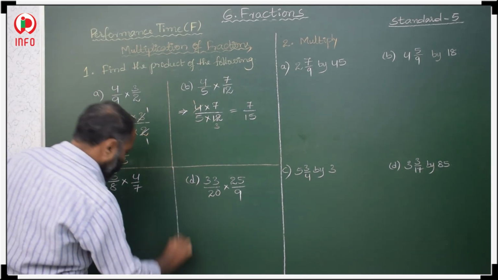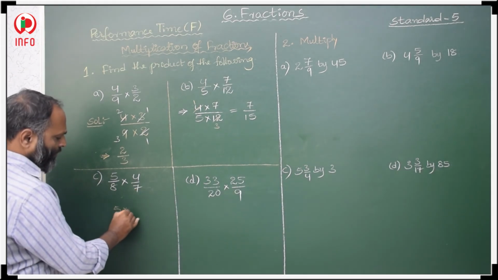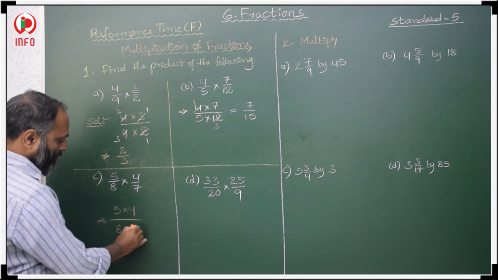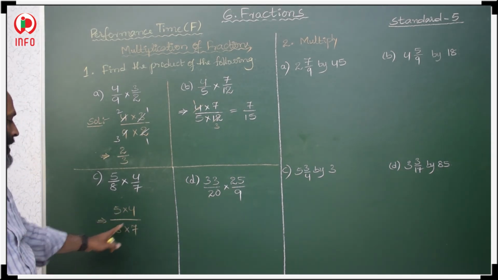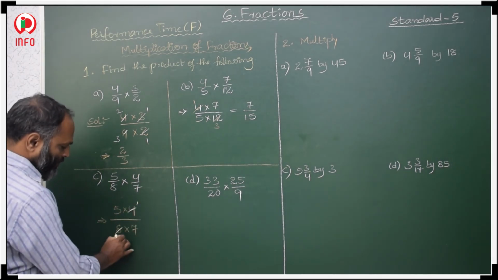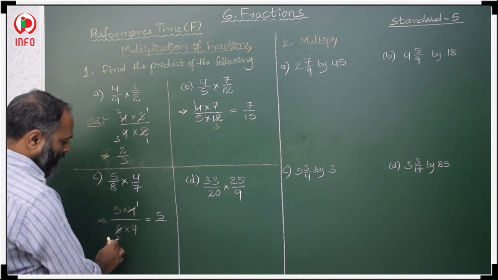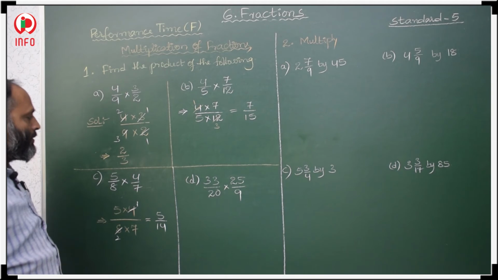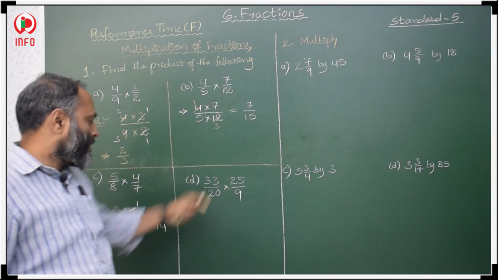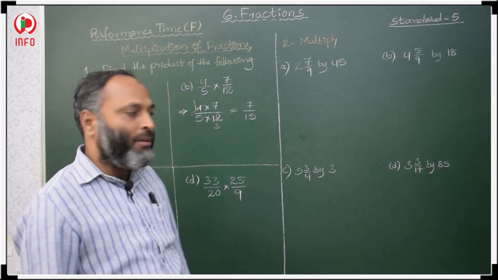answer. Now, here numerator into numerator we have to multiply 5 into 4 by 8 into 7. Now, you check 4 and 8, these two have common factor 4. So, simplify this: 4 1s are 4, 4 2s are 8. Now, you multiply 5 1s are 5 by 2 7s are 14. So, this is a proper fraction, this is also proper, and this is also proper. No need to convert into mixed because all of them are proper fractions.